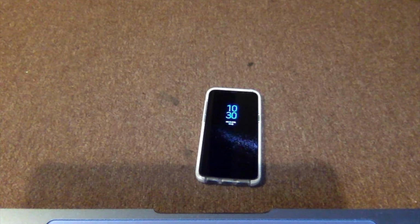Firstly, the iris scanner, which I'd had a play about with on the Note 7 before that. Well, everyone knows about that. But yeah, I had a play about on the Note 7 iris scanner and I wasn't overly impressed with it. I found it slightly gimmicky. I mean, I wear glasses and